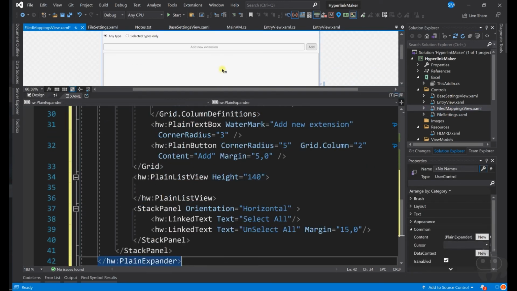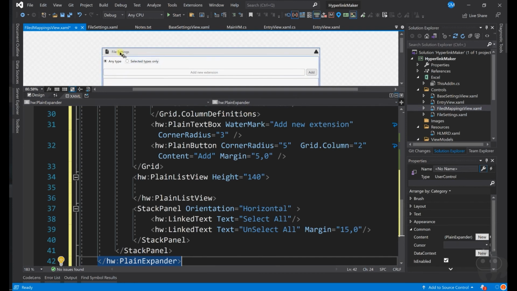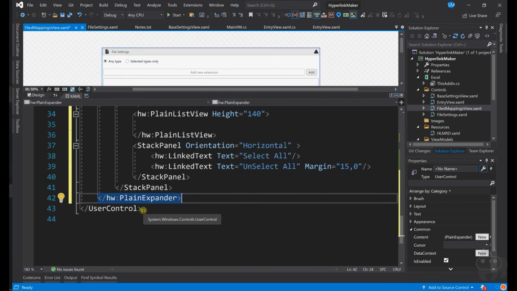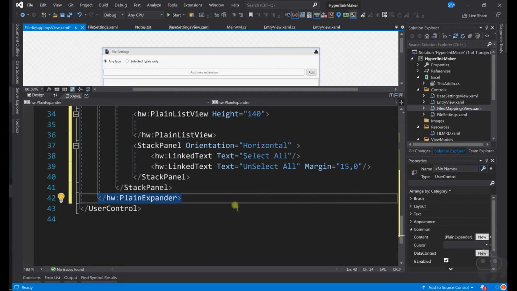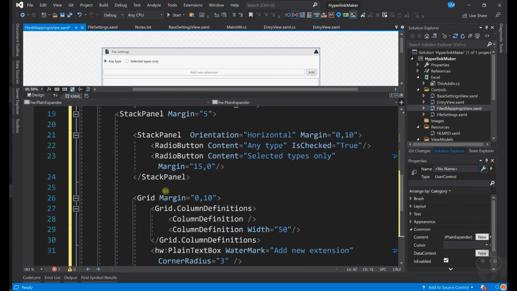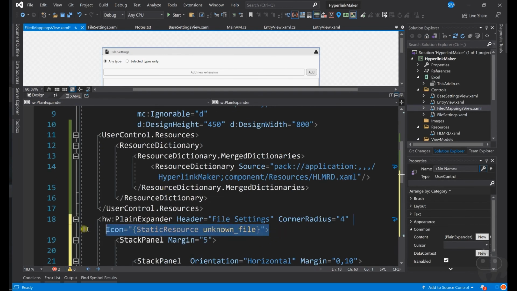There you go. So instead of file settings, this one we don't need it in the form of an expander, right? Because this is going to be just like that. So I will remove the expander from here and also from here.